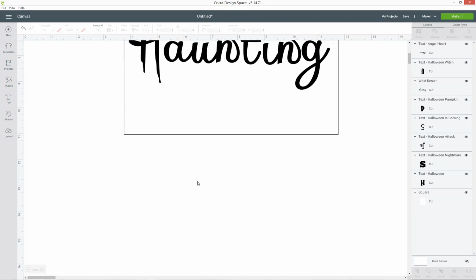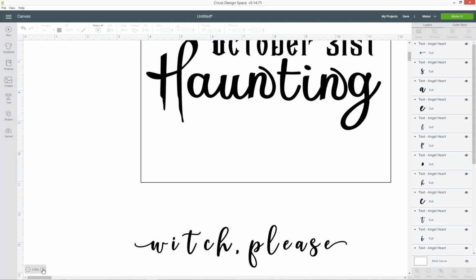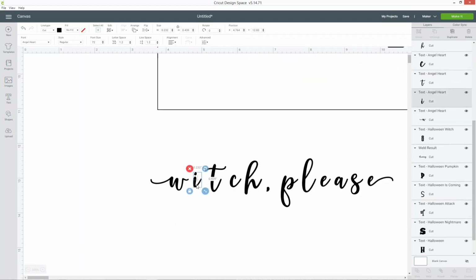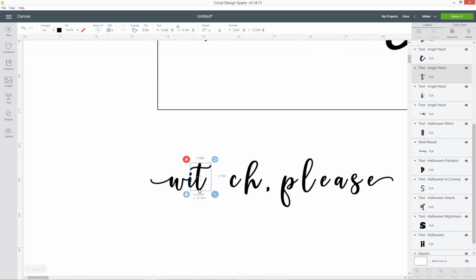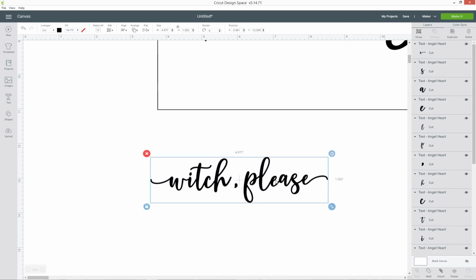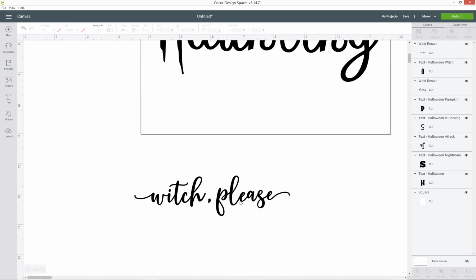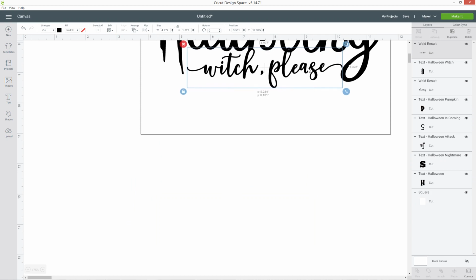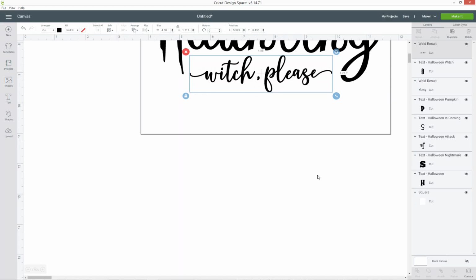I just need to do the same thing where I move these all closer because it is a script font. So I've ungrouped them. I'm just going to zoom in and then move all of these letters into the correct position. I'm just doing this a bit roughly so they're not lining up perfect, but that is much better. And now I can weld them. Okay, so now I can add this, and I think I will put it in the gap there.